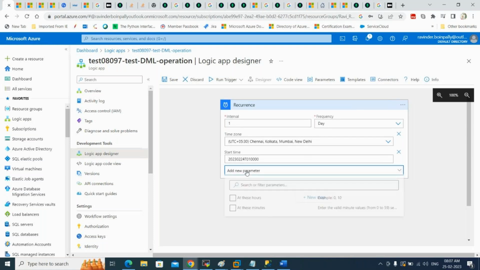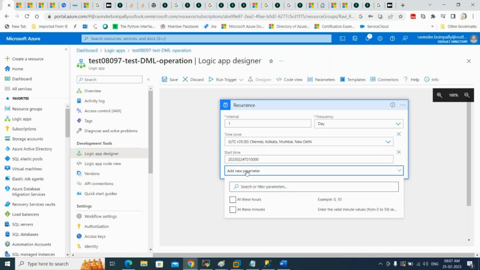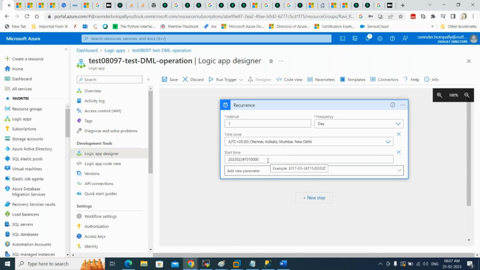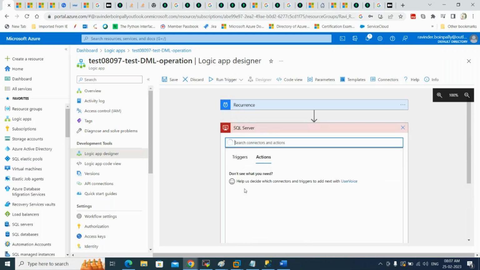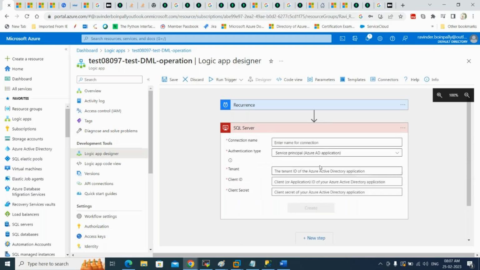Then at these hours is given, right? If I go to next step, here it is, right? You have the recurrence there. I'm clicking on this. Now execute a query. Now it asks for this. Okay. Connection, SQL Server connection,